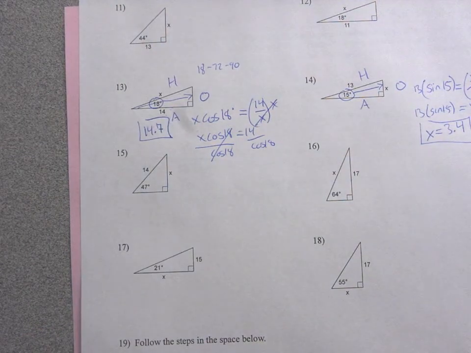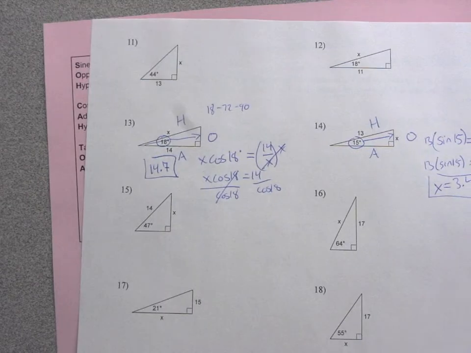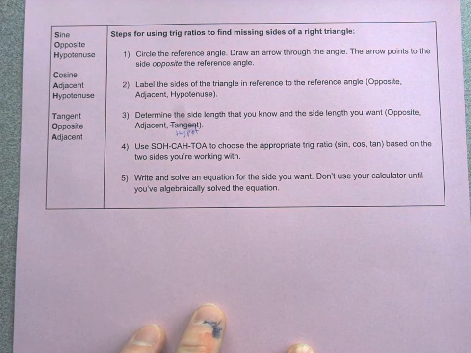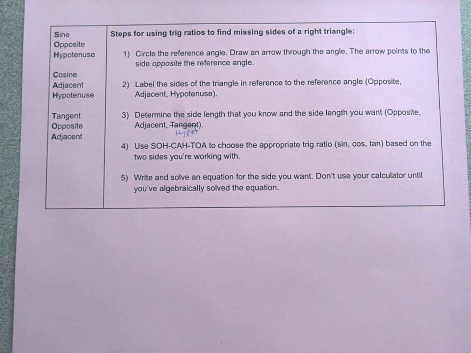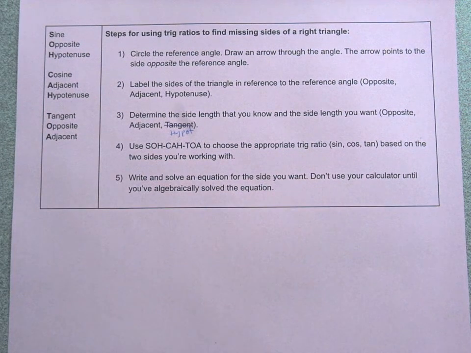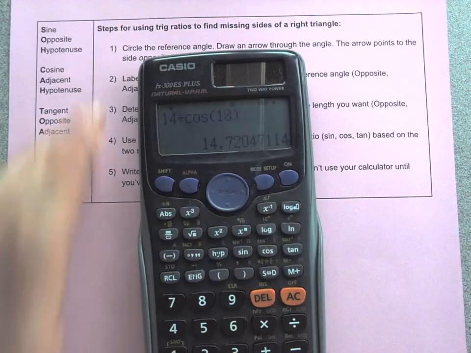So that should get you started. That's one of each. You're just going to follow that same process through in each one of them. This is the process. I'll put this in the assignment if you want to print it out. You can also just write it down. But you need to use SOH-CAH-TOA, and you need to label everything correctly. One other thing you've got to keep in mind is that